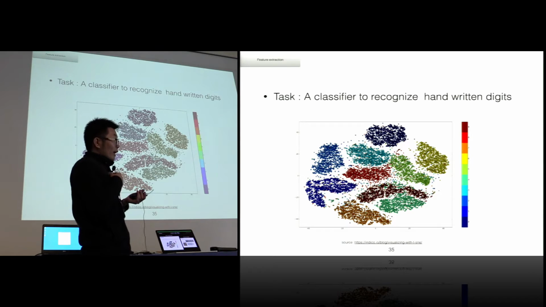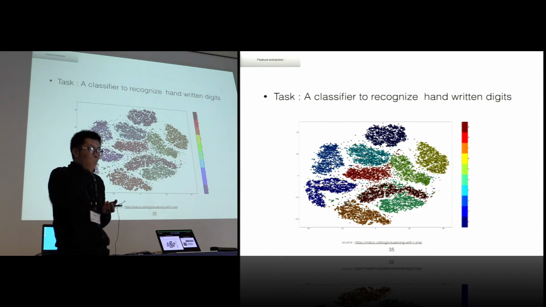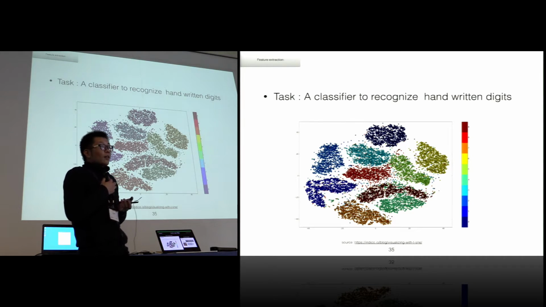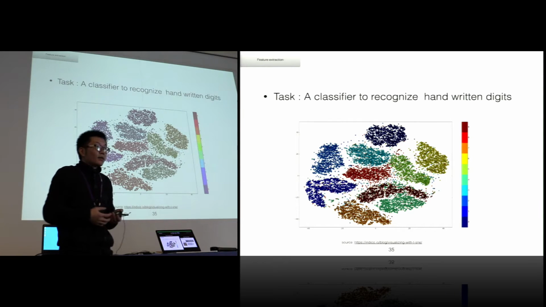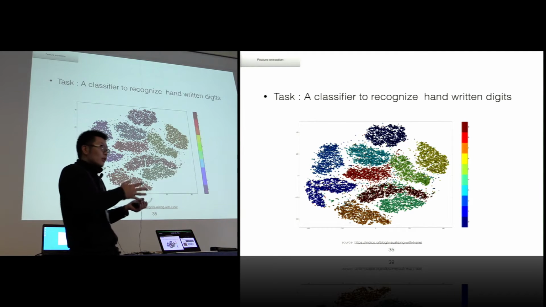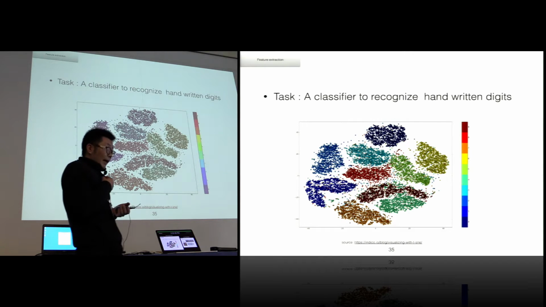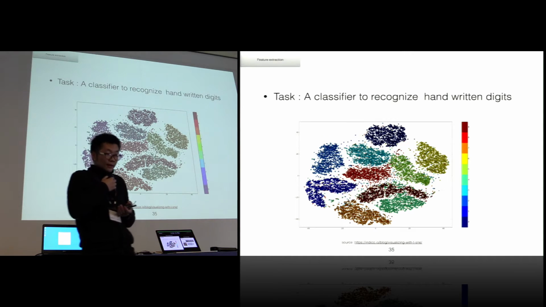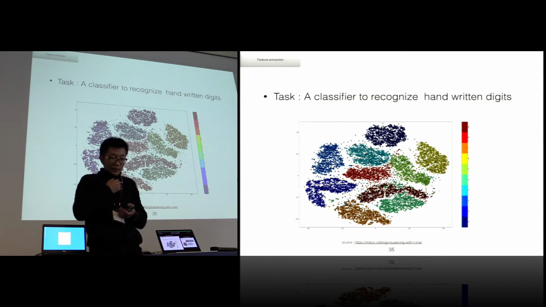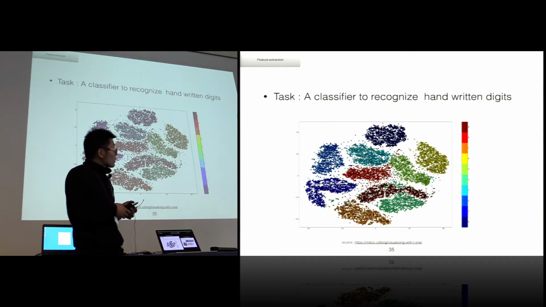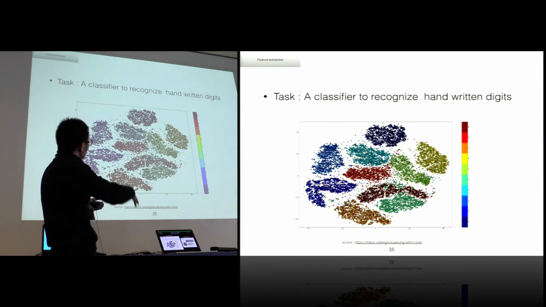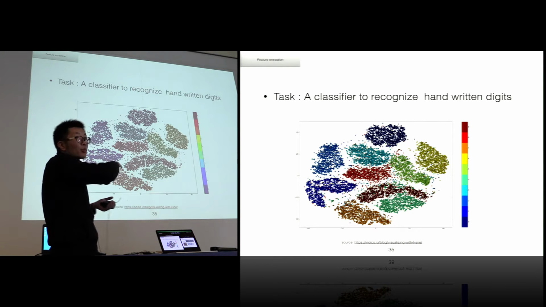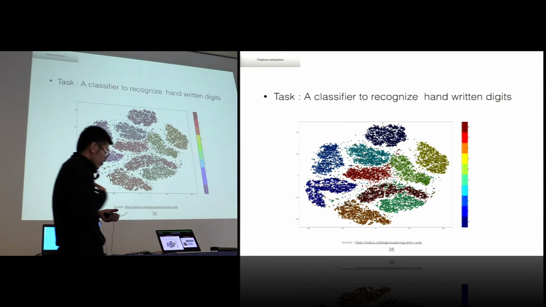So let's take a very simple task, which is classifying handwritten digits. We humans can do this easily, because we were trained to recognize zeros and nines as kids, and it feels very natural to distinguish them. But neural networks need to learn in such a way that they can map different categories of digits into different feature maps. Ideally, these 10 categories should be separated somehow in the feature space.